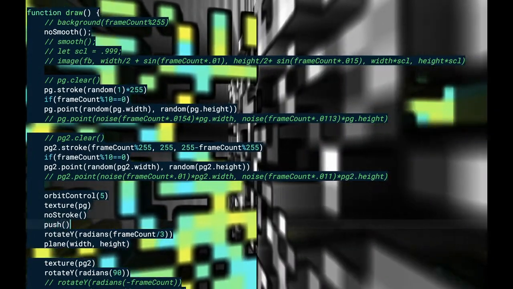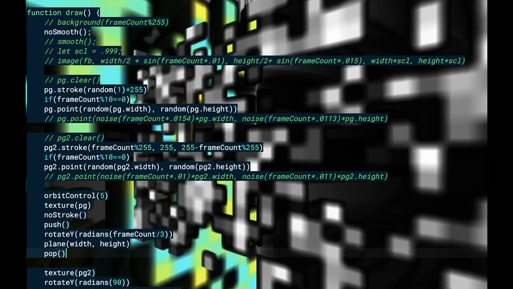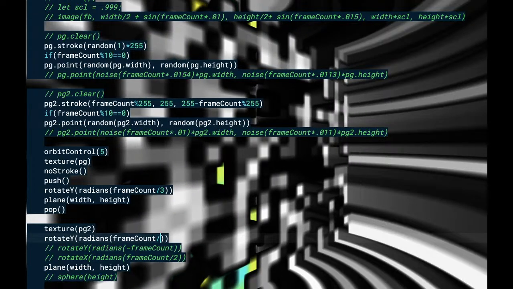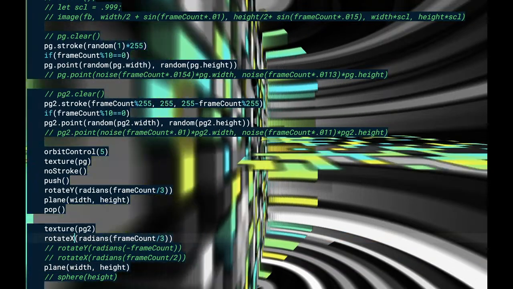Maybe I'm going to say push and pop. So that one is spinning in such a direction. And I'll tell this one to move in the X direction. Nope. Let's put it back. Disable that. Now they're both going in the exact same direction. They're sort of overlapping each other, spinning around together, and then could have one of them be translated a bit